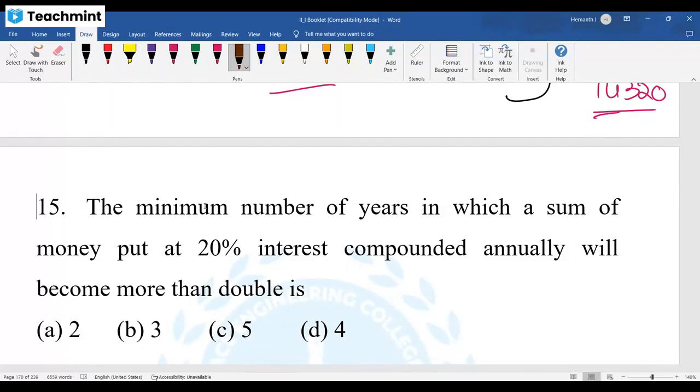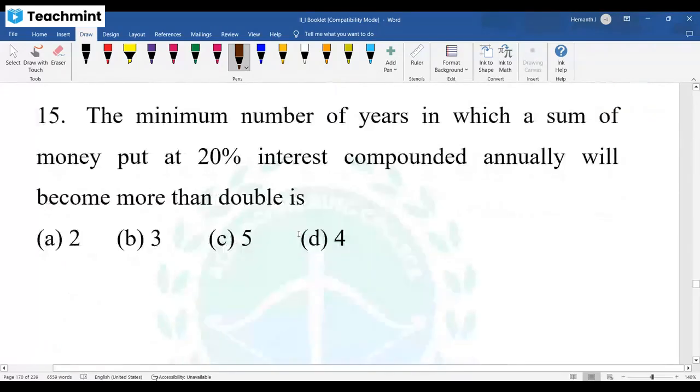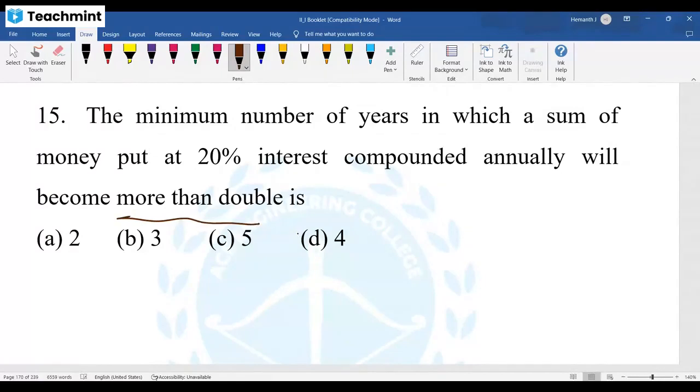That's safe. Next question here, what they're saying: minimum time required in compound annually concept so that your amount should be more than double. What is the rate of interest? 20% interest. Maybe the last 5 minutes, what I discussed, you people may not understand now, but after 5 years you may realize. Hoping that everybody will be settled and good in your life, there you can realize.